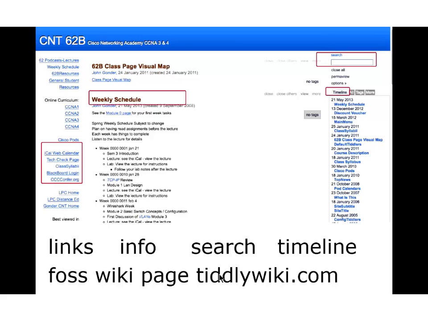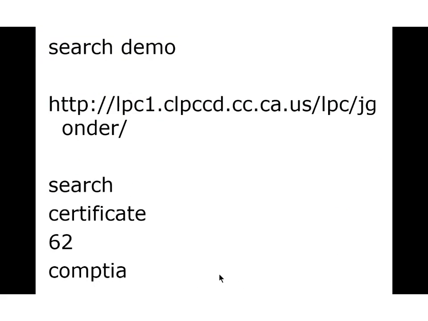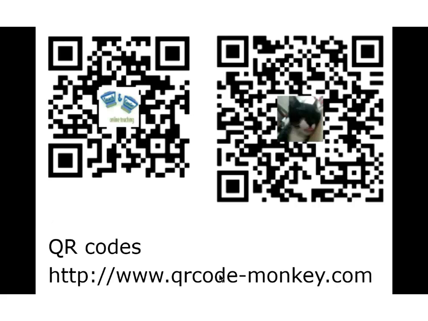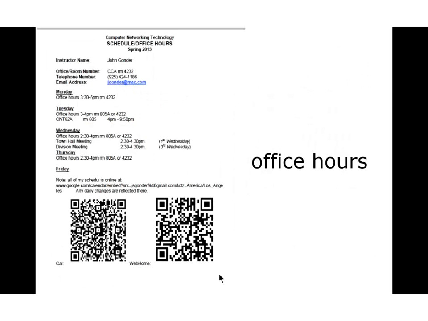Okay, so everything you need is in TiddlyWiki. It's free, open source. Everything's built in. There's actually hundreds of plugins to do almost anything you could ever want to do. I only use a couple, but free open source stuff. I already did the search demo. QR codes are pretty cool. This is a great place to make QR codes. You can do a little fancier with a picture in the middle if you want. This would take you to CCC Confer. I use them in places like posted outside my office, so if somebody comes by with their smartphone, they can just go to my website.